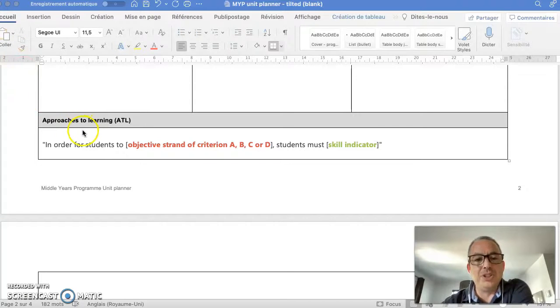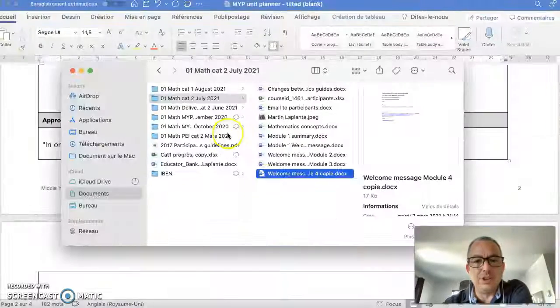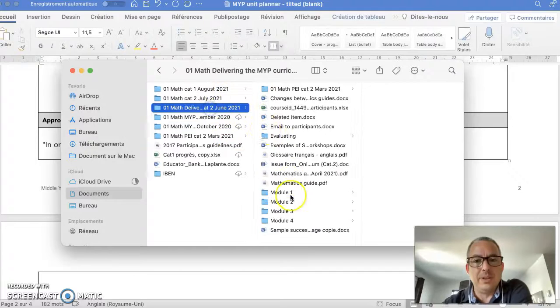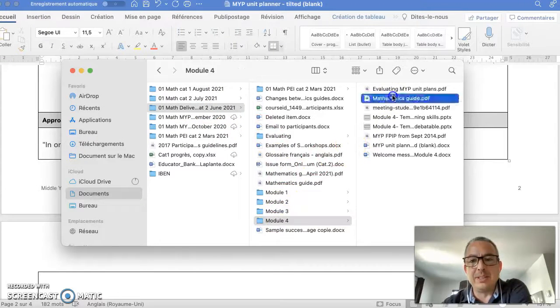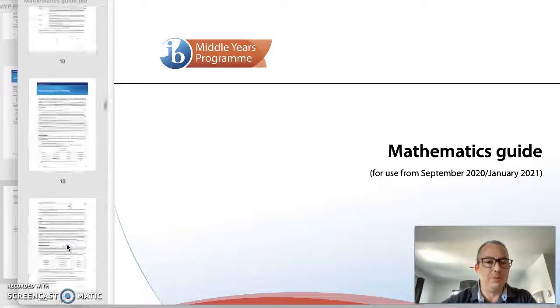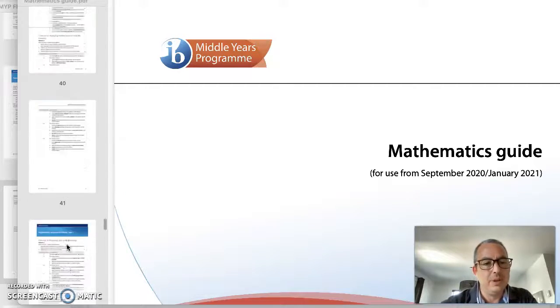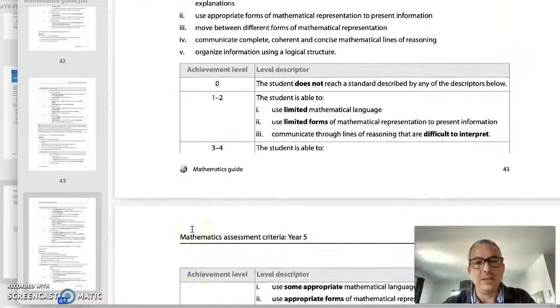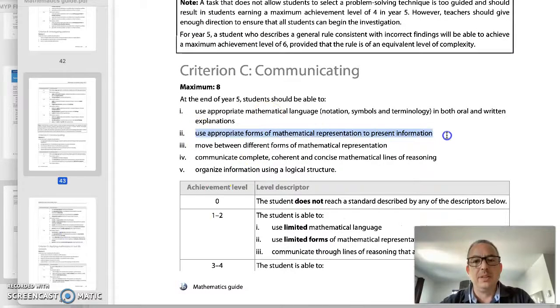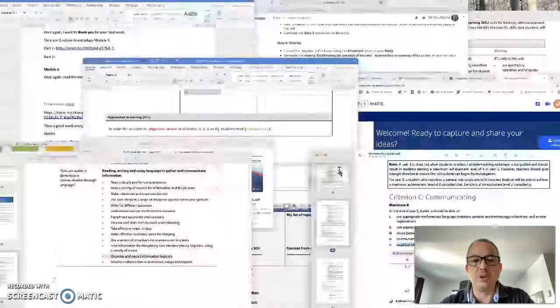So I was in the approaches to learning, and I've said that we want to write the sentence which looks like "in order for students to [objective strand]," and that is, if I can recall, let's just go to the mathematics guide in order to show you once again what it was. So here is the strand of the criterion. So for instance, if we would say organize information using a logical structure, we would have